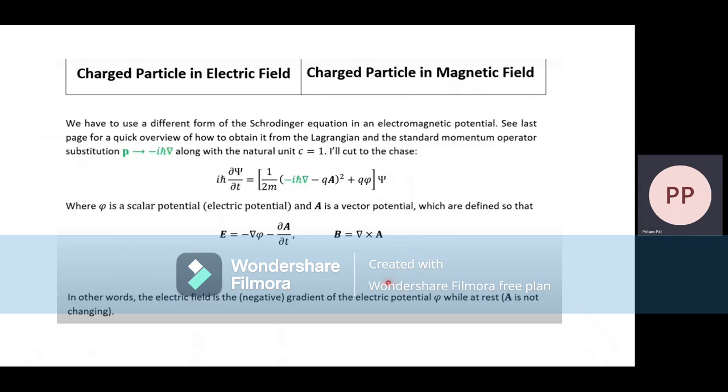This is our time dependent Schrodinger equation. We know it's time dependent because it has a function of time here, the potential, and so the wave function is